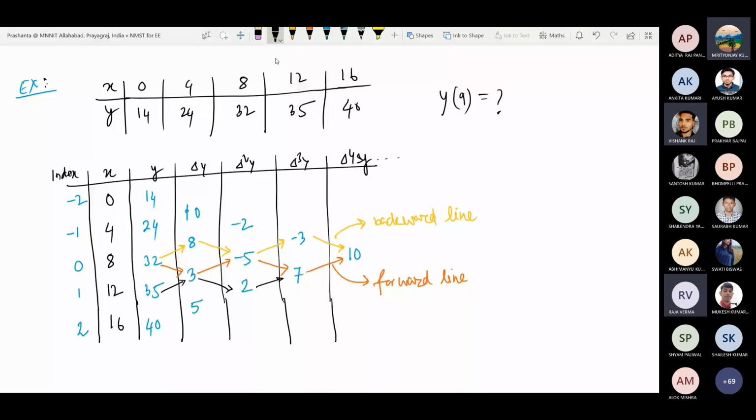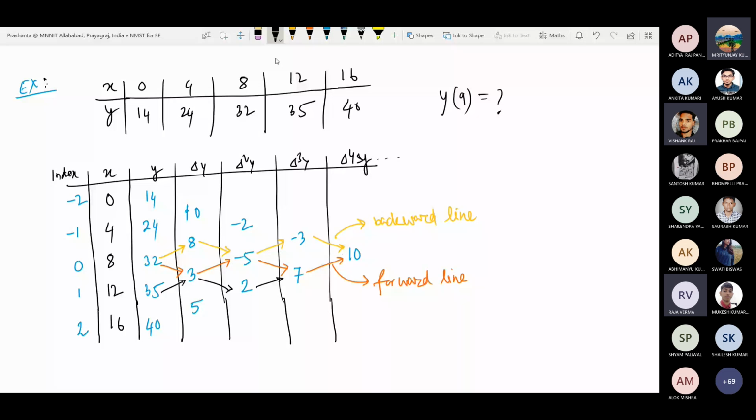So you see higher order differences are not there, because if you choose 8 as center, you have del 4y, that also will be contributing to the formula, is it not? And if you choose 12 as a center, then del 4y is not available, so del 4y value will not be used. So in that case, if you use 12 as a center, your answer will be less accurate, but you can do that,